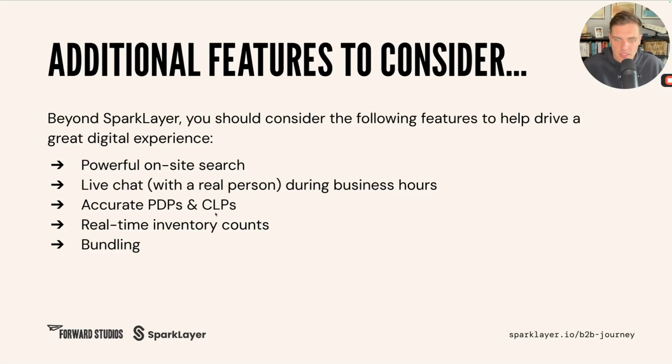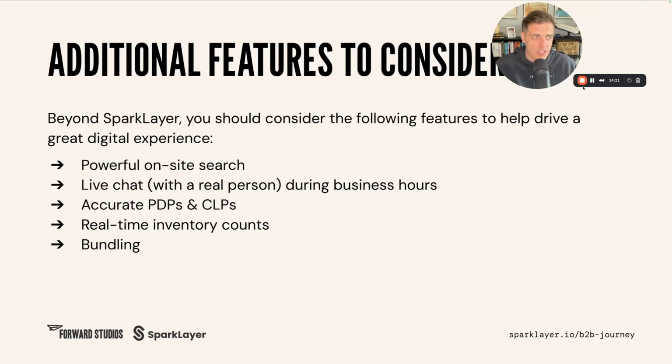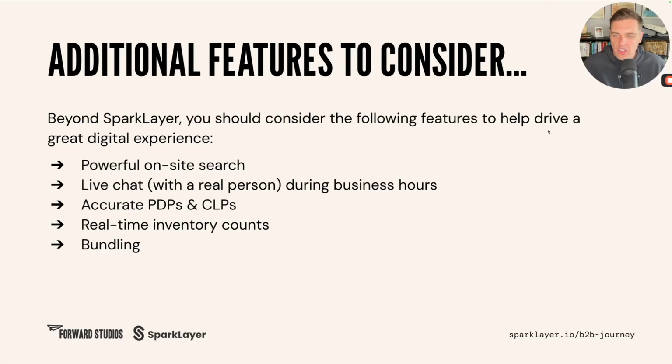Accurate PDPs and CLPs, like I said, are really important. So your product pages and your category pages need to be accurate. They need to have the right data. They need to be specific to what that customer might be looking for. They need to have all the specs that product has. Any details and information that you can include on those items, you should include, because if the customer doesn't know